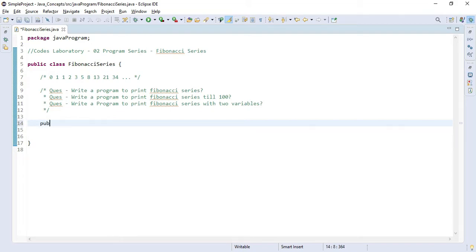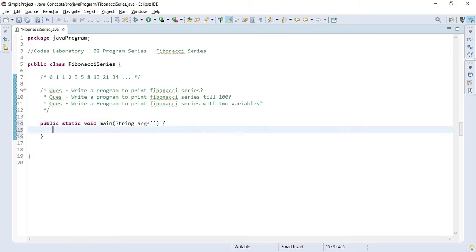So first we will create the main method. Okay, after that we will create two variables which will be containing the first two numbers 0 and 1.